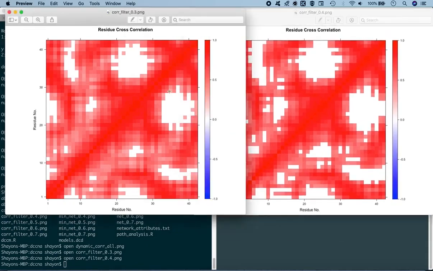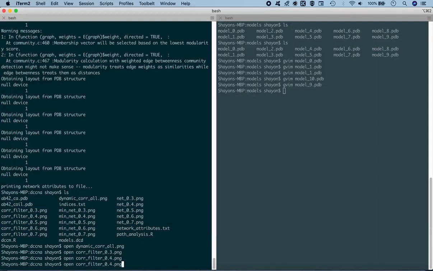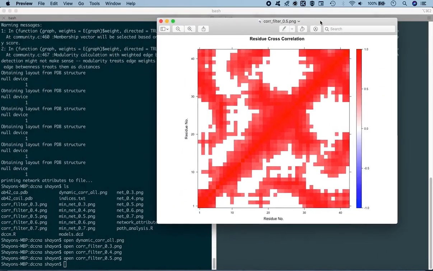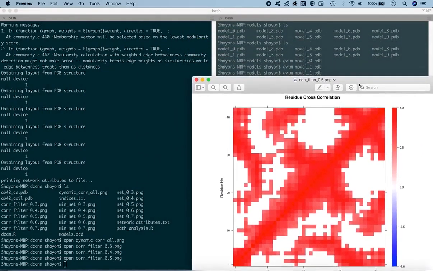Okay, and also another thing is the negative correlations, which were supposed to be in blue around this region that you found at the cutoff of 0 cross-correlation coefficient, have disappeared altogether. So it's all about positive correlation now. Further down, let's look at 0.5, and you'll see that the number of correlated regions goes down further compared to that of